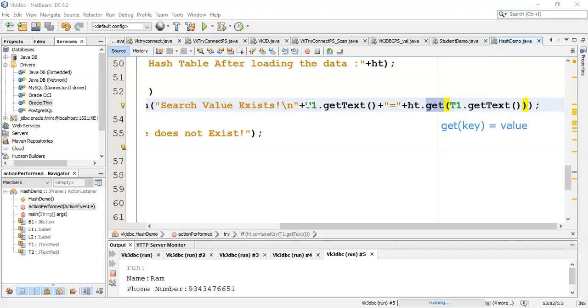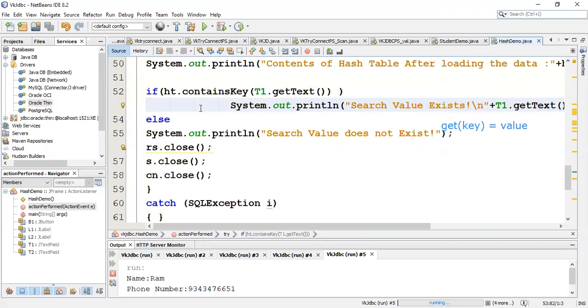So t1.getText displays Ram's name here and ht.get displays Ram's phone number. That will execute only when Ram exists. If I pass Govind, it doesn't exist, so it will go to the else part and I will get a message that search value does not exist.